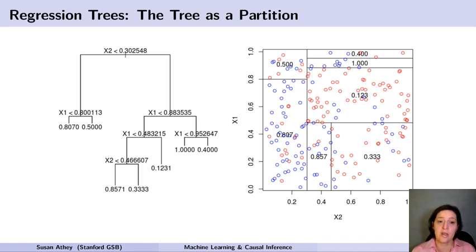Another way to understand trees is to realize that any particular regression tree or classification tree that you build can also be represented as just a partition of the covariate space. So over on the left here, I've depicted a tree where the tree is based on two covariates, x1 and x2, while on the right side, I've depicted that same tree as a partition of the covariate space. So basically what a tree is doing is it's figuring out how to divide up this x1, x2 box into rectangles, where I'm trying to find the rectangles where within a rectangle we have homogeneous outcomes.